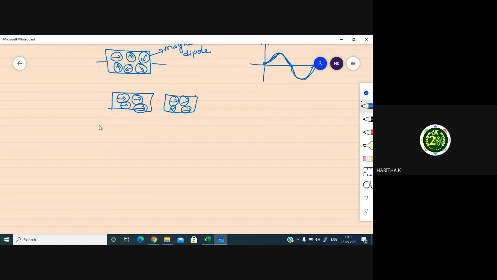So if you use a low loss core material, the magnetic material used for the core should be a low loss core material, such as steel, then these losses can be reduced. That is hysteresis losses. Then what about the eddy current losses? What is meant by eddy current loss and how can it be reduced?